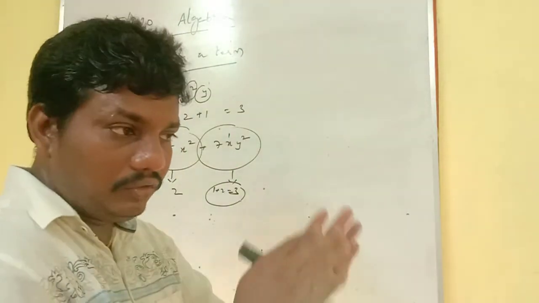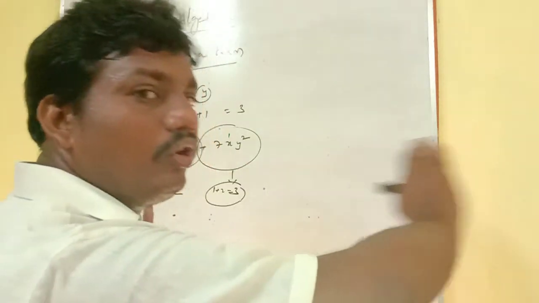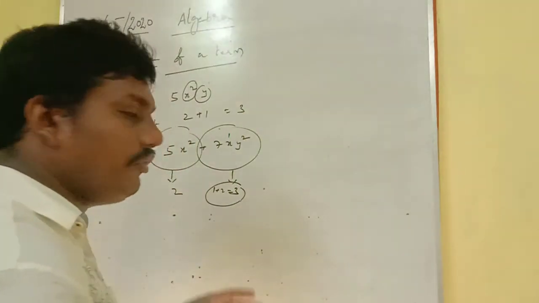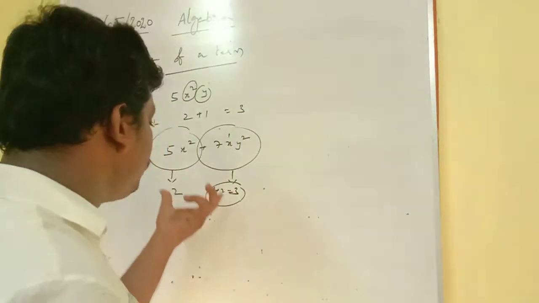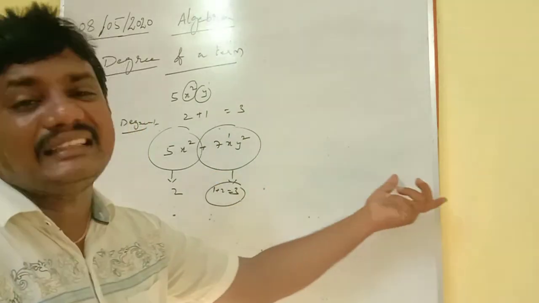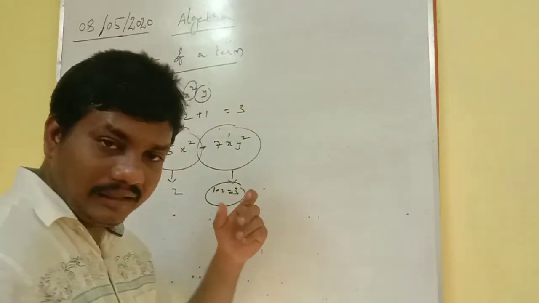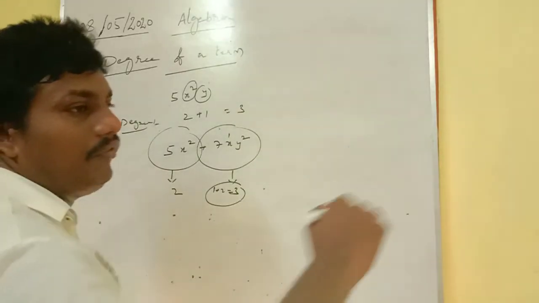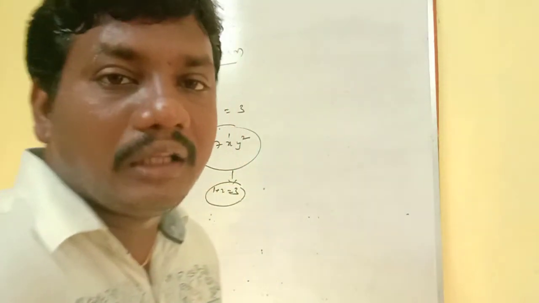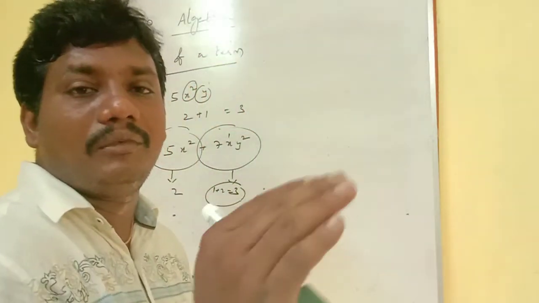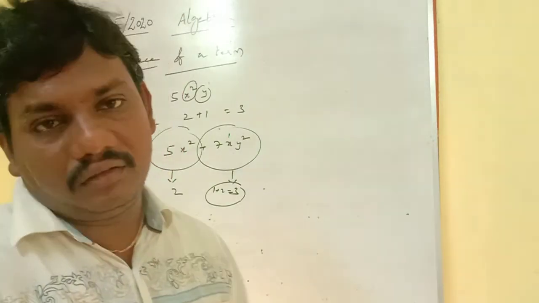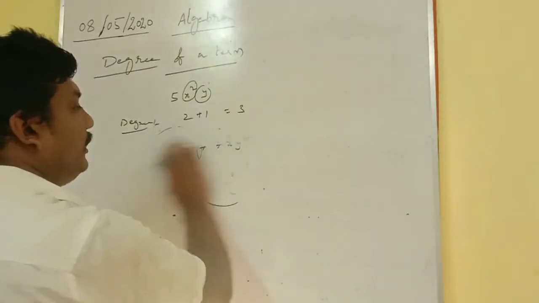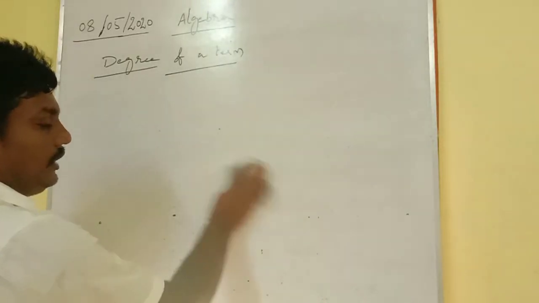So first we have to divide the given expression into separate monomials, and find each monomial's degree. Then we conclude which monomial term has the highest degree; that highest degree value is the degree of the binomial. Like that we can find it for every expression. The degree is the highest degree of the monomials in a given expression. We have to write our own examples.